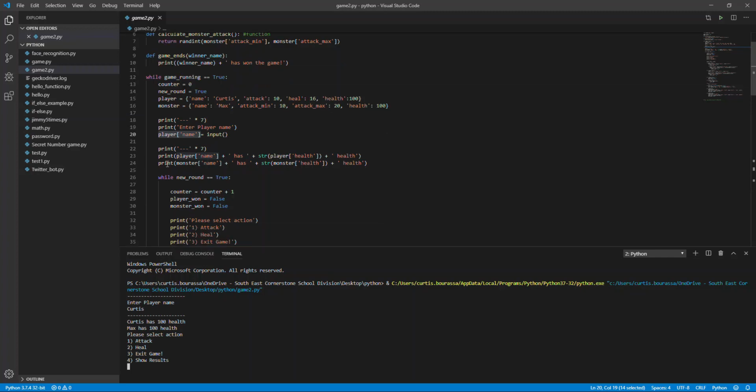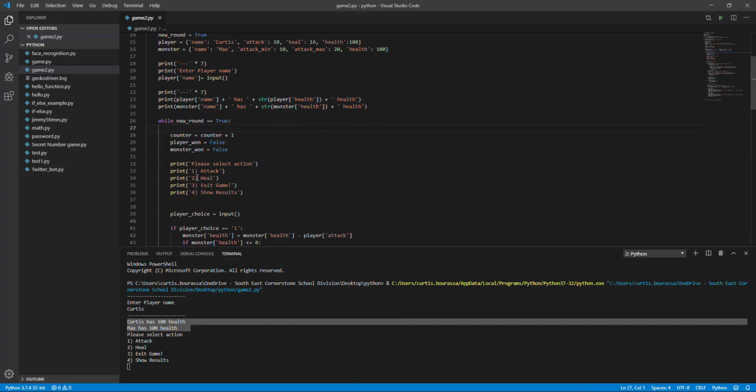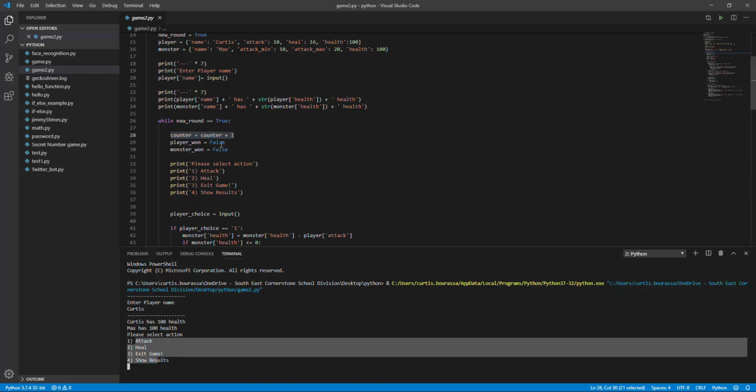Then it's going to display my health. So my health and the monster's health. So you can see that pop up from here. So that's the code. Okay, so now we're going to go into this next loop here. So every time I type in one of these numbers, we're going to go up